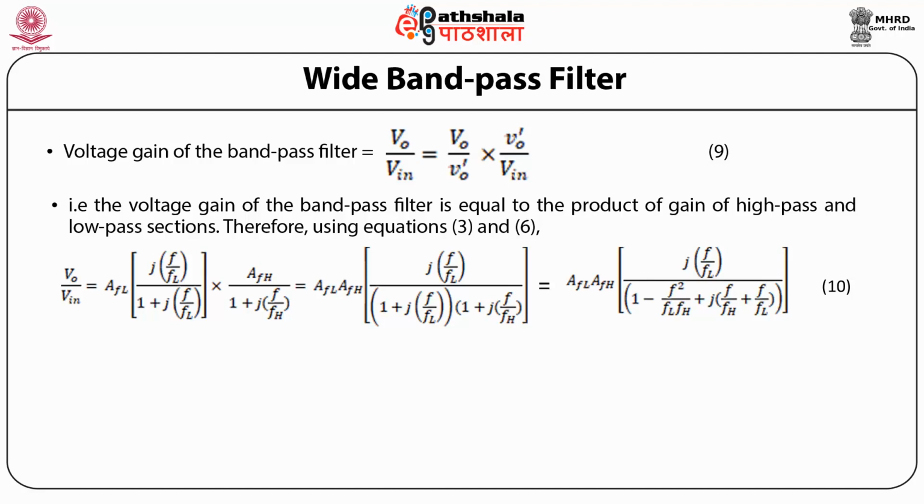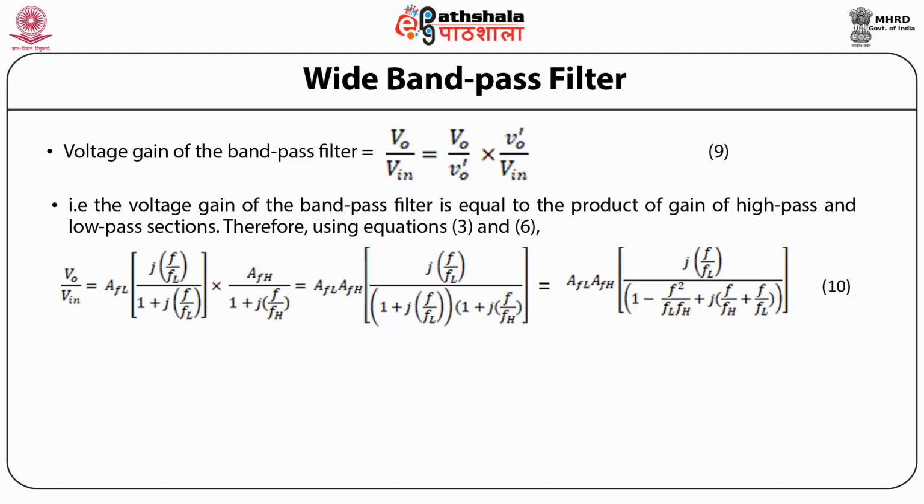This equals AFL into AFH into within the brackets j times f by fL divided by 1 plus j into f by fL into within the brackets 1 plus j into f by fH. This equals AFL into AFH into within the brackets j into f by fL divided by 1 minus f square divided by fL fH plus j into within the brackets f by fH into f by fL, brackets close and overall brackets close,